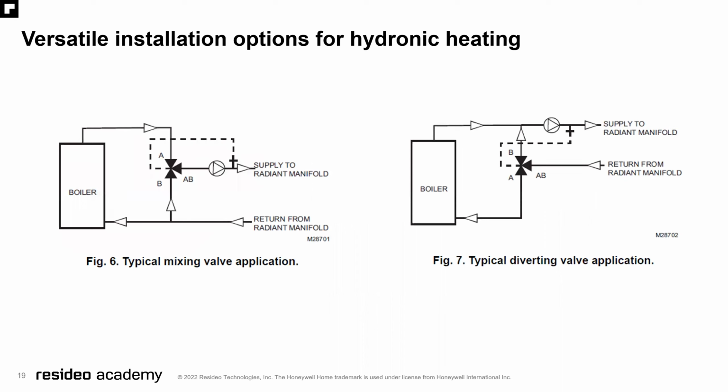Here's directly out of the manual how you would typically install it either for a mixing valve application or a diverting valve application. I typically tell the team that how you're going to mount it, if you need a mixing valve versus a diverting valve, is depending if you're trying to temper the water leaving the boiler directly to the supply or attempting to temper the water going to the supply based on how the return's coming in. So how it is plumbed and piped is going to depend on your application and your needs.